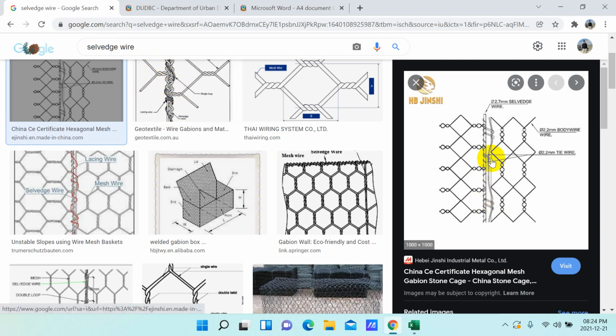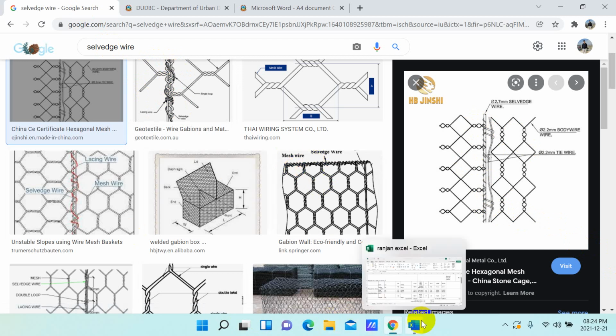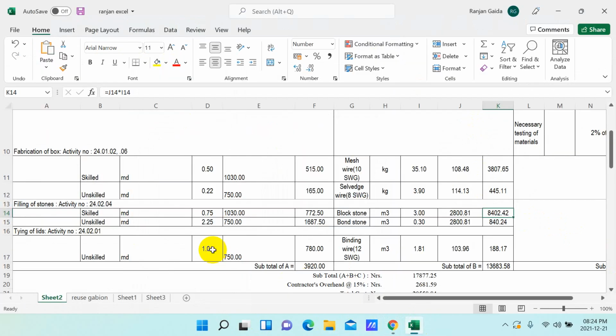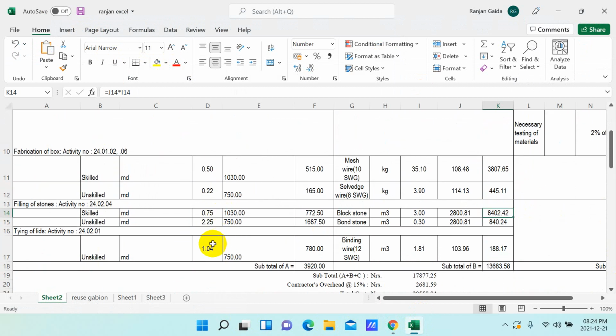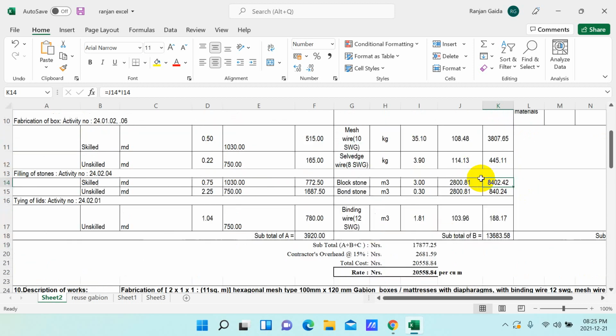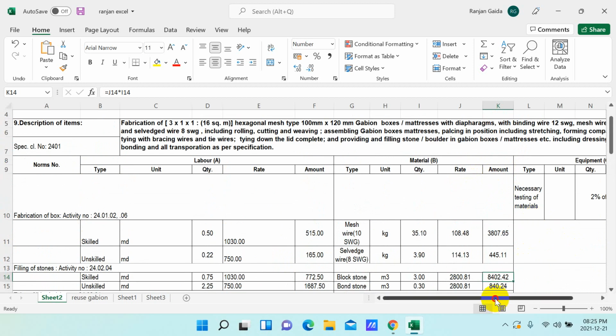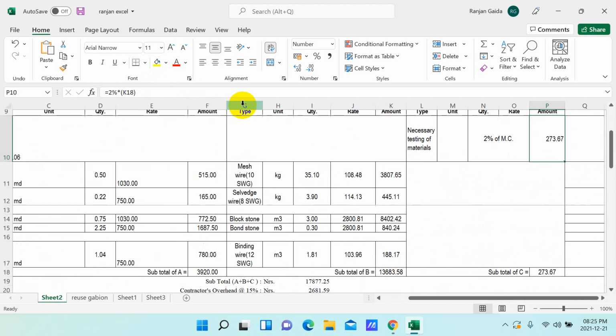We can see the tying with selvedge wire. So it also requires the unskilled manpower 1.04, and you can simply tie it by using binding wire 12 SWG, and you can simply calculate the desired rate. And necessary testing of material. For testing of material, we can simply set it as 2% of MC. So 2% of K18 means